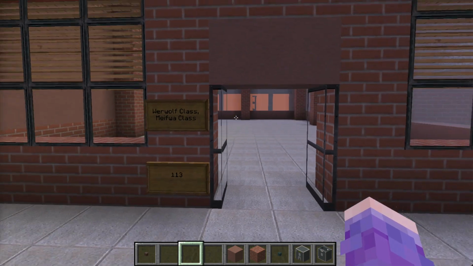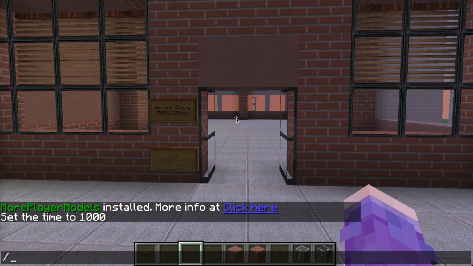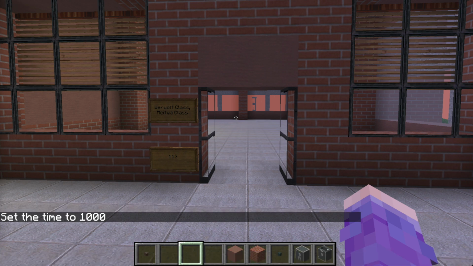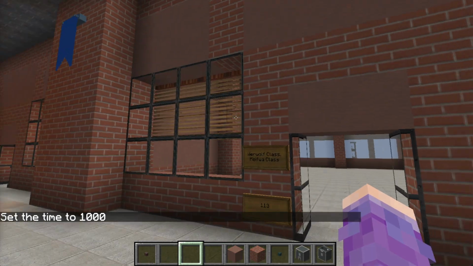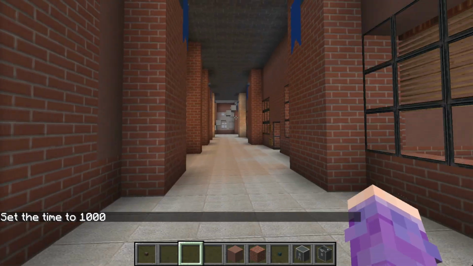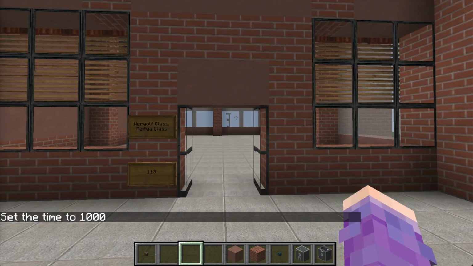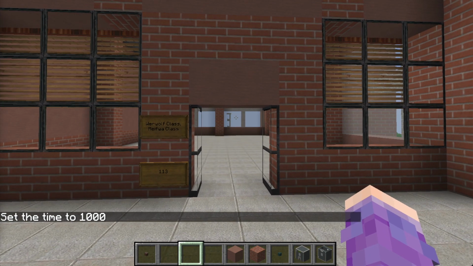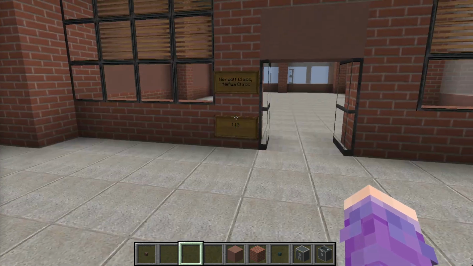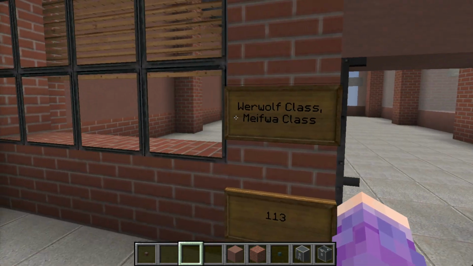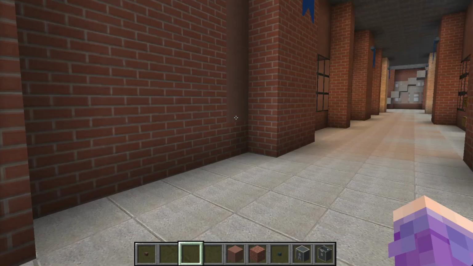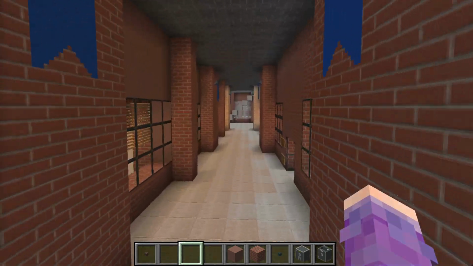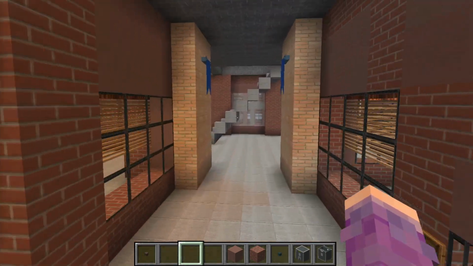And I did decide to move werewolf class to this classroom, which is right next to the psychology, philosophy, sociology one, because I felt like these three categories of classes just didn't fit anywhere else, so they're all three together in this little corridor. And I added a Mifwa class to go with the werewolf class. I did move it just because I felt like this makes the most sense, and I wanted to keep all of the math and science together in the main original part of